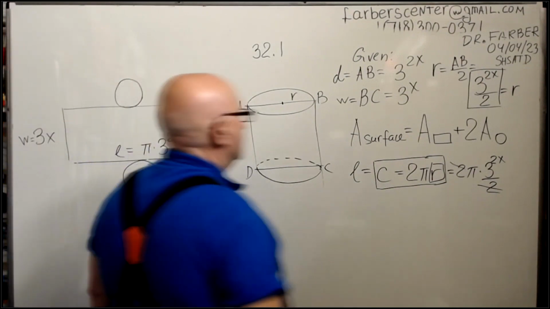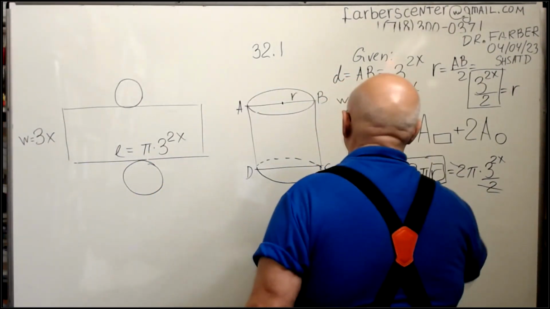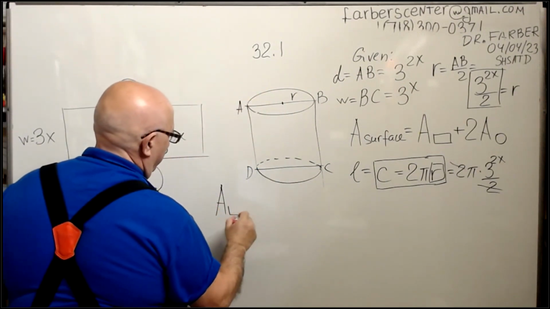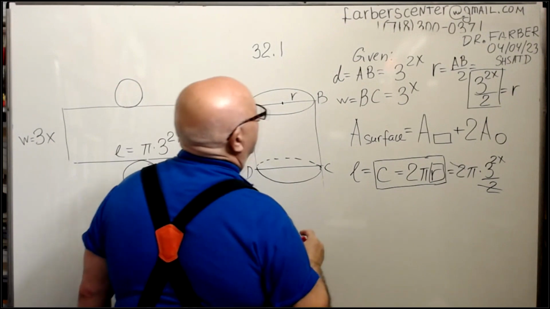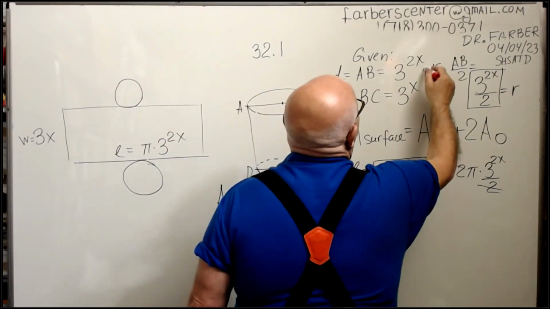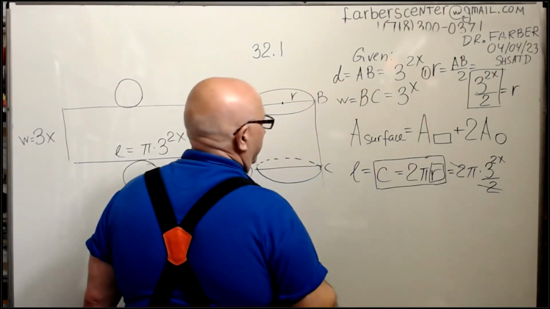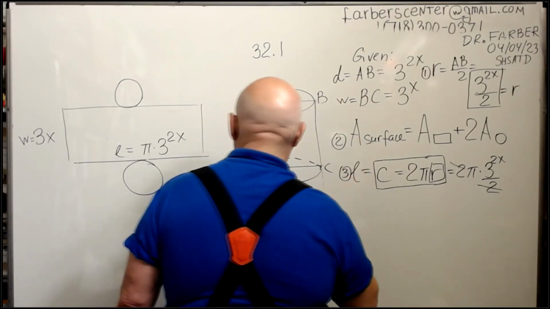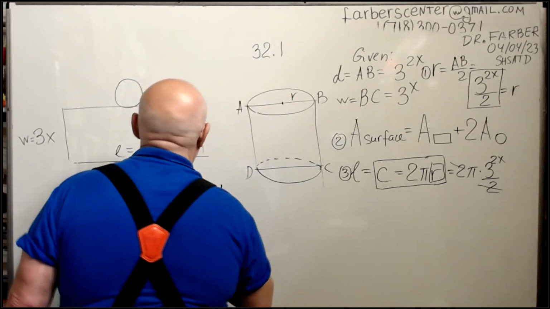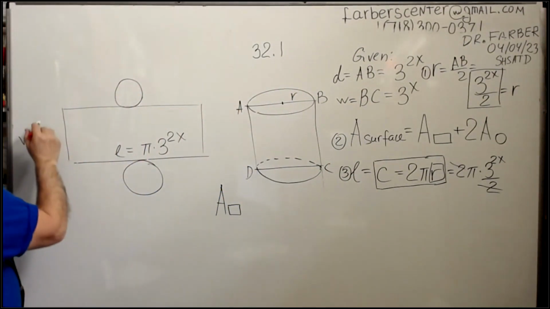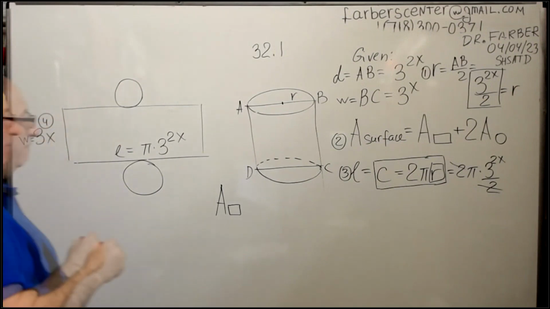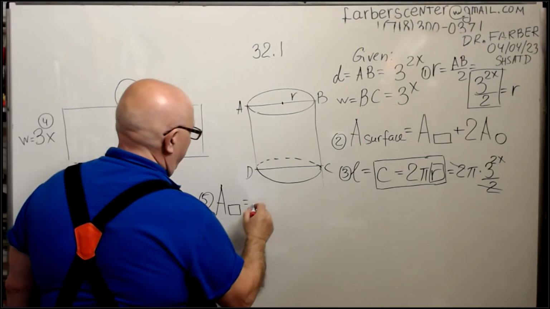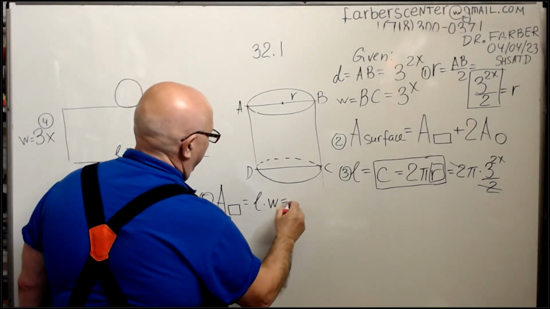Okay. How to find the area of a rectangle? Area of a rectangle, first grade. This is step number 1. This is step number 2. This is step number 3. This is step number 4. And this is step number 5. Area of a rectangle, length times width, which is